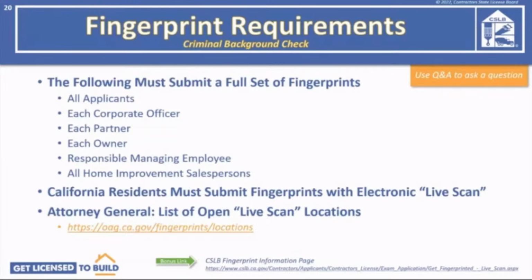If you are in California, you must submit fingerprints electronically with what's called live scan. You can get an updated list of live scan locations in California, broken down by county, on the Attorney General's website. We have a link here, so you can simply go to the Attorney General's website and search for live scan. You will also see we have a bonus link at the bottom of the screen to the fingerprint information page